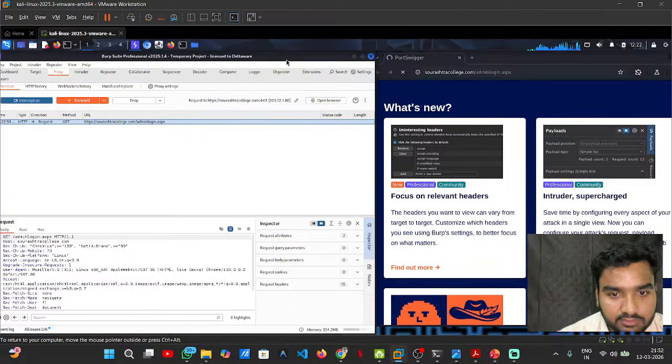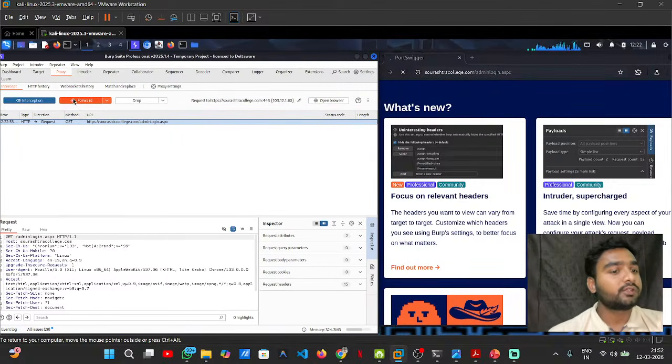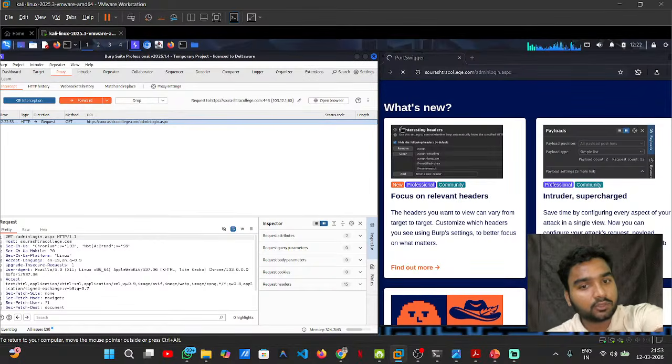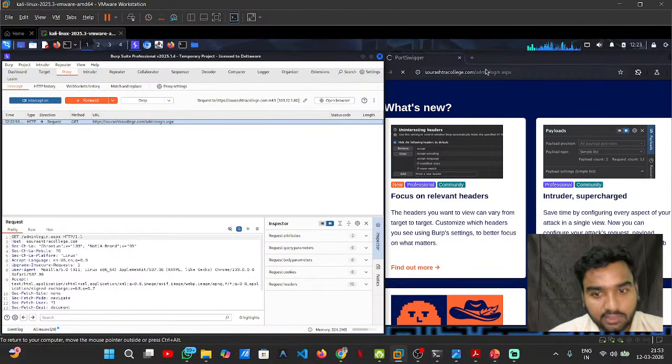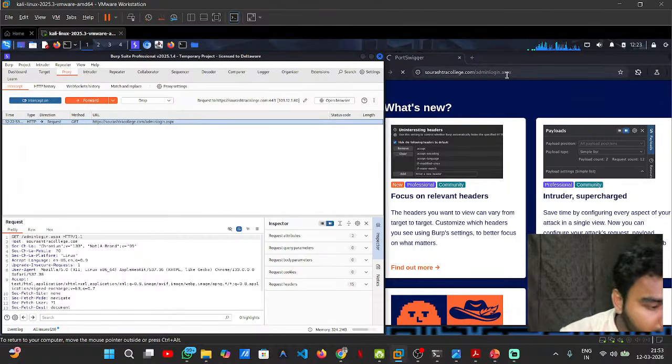That is it. Until we forward the request, it will just keep loading and loading. It will not load the page. Okay, did you understand that? We just go to the intercept, paste the URL, press enter, and the website should open, but it does not open